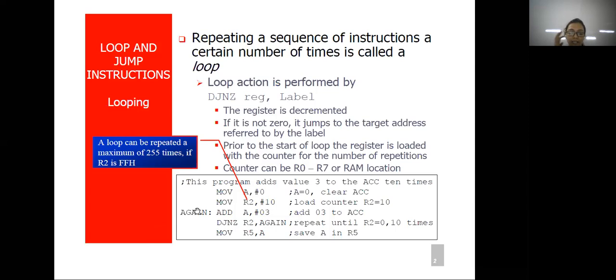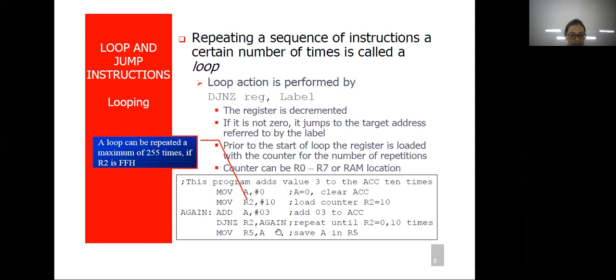So the ADD instruction will be executed, and as long as you are decrementing and the register content is non-zero, this loop will continuously move on. And finally, the content of A register will be loaded in R5.